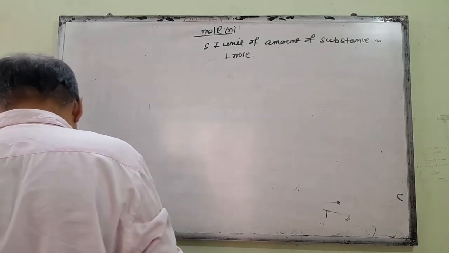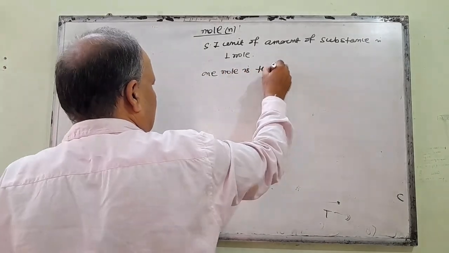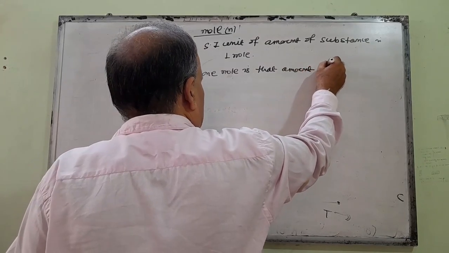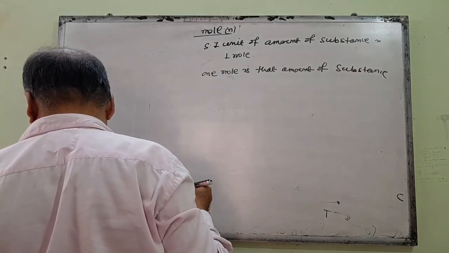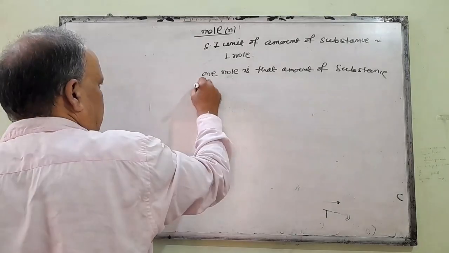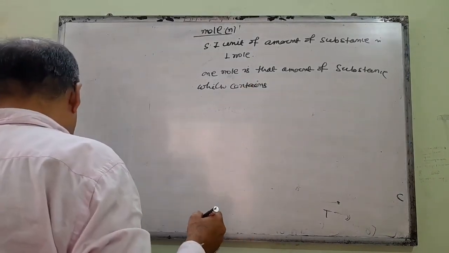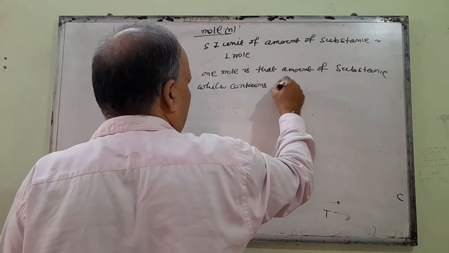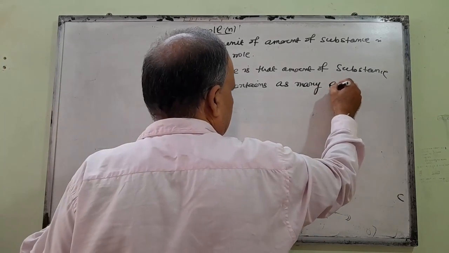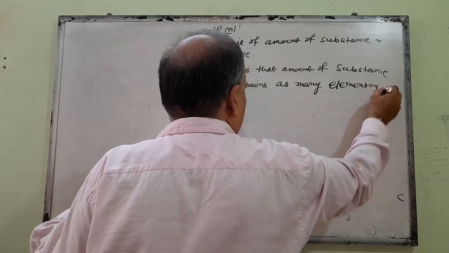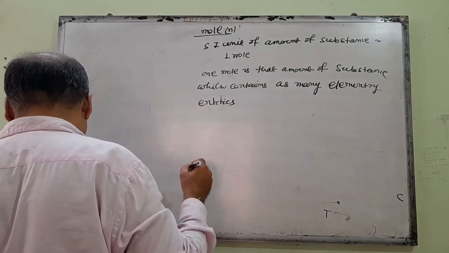What is the definition of 1 mole? 1 mole is that amount of a substance which contains as many elementary entities or particles